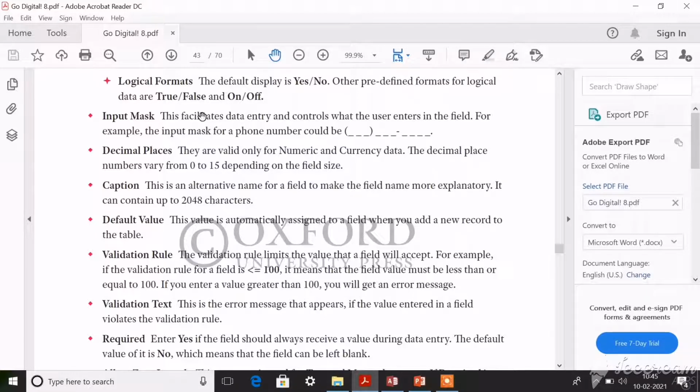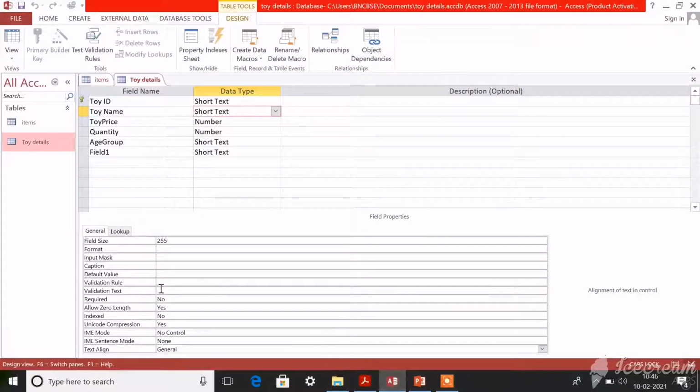Whatever it may be, if in a computer you call anything logic, it means just two options: yes or no, true or false, on or off, 0 and 1. Only two options, that you call logical. This logical format is also available in your field properties pane.